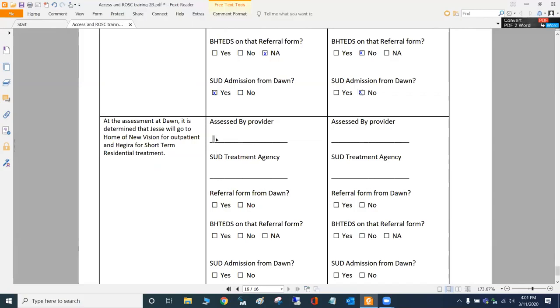So the assessed by provider again is Dawn in both of these. It doesn't matter which is which, but let's just say that wrapper number 1 is Home and New Vision. It's a SUD treatment agency, and it's Hagira in the second wrapper. Does Dawn do a referral form in these? Yes and yes.